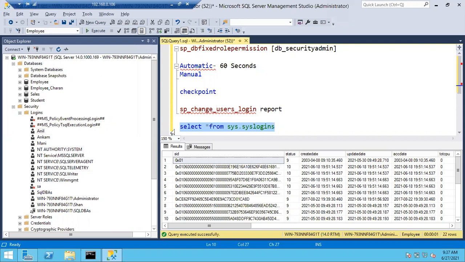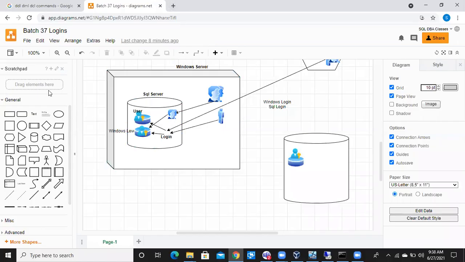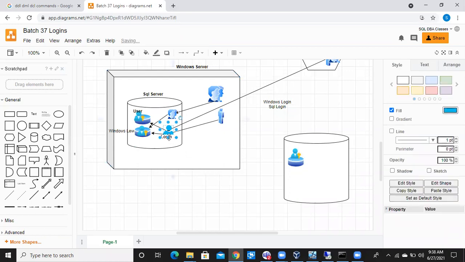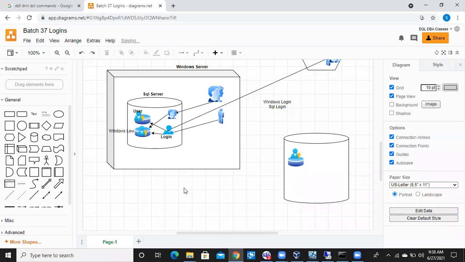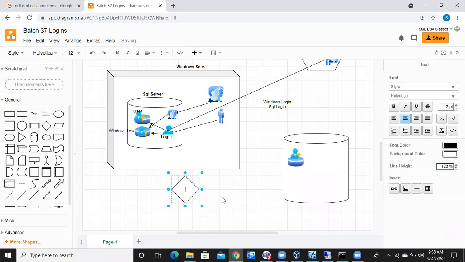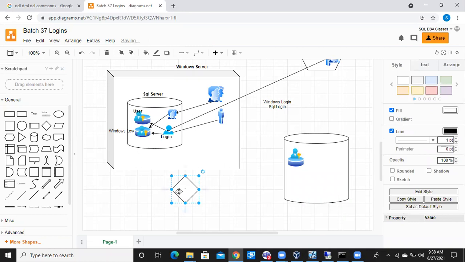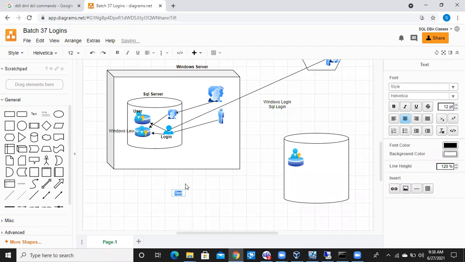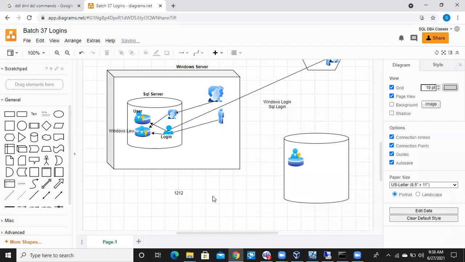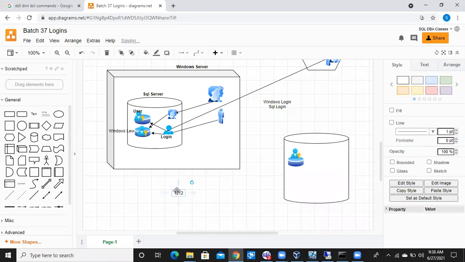Imagine this login SID is something like 1212.